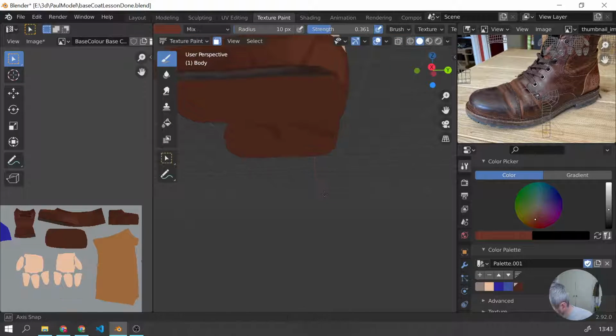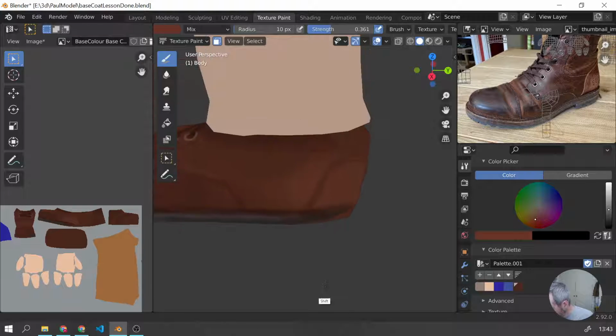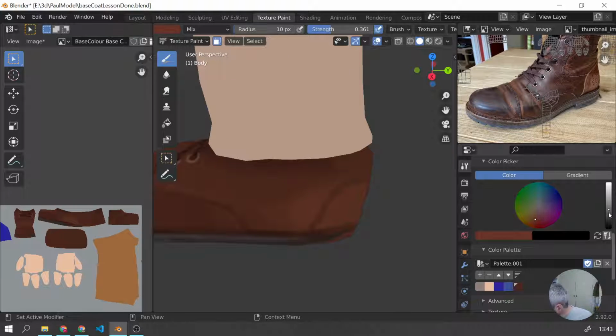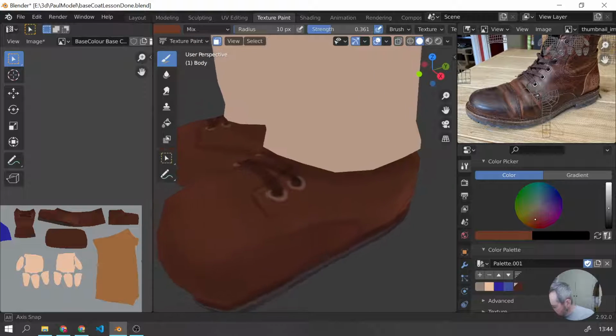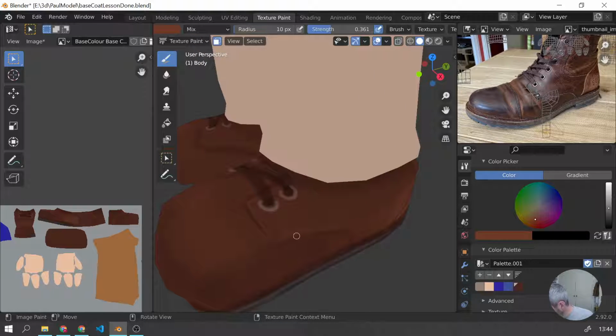And again, move that down. I want to make that edge on this leather here quite a lot brighter, because it would be quite bright. So you can see we're starting to build up a little bit of texture now,